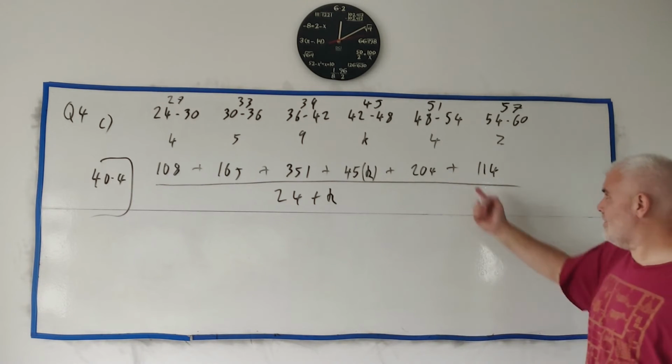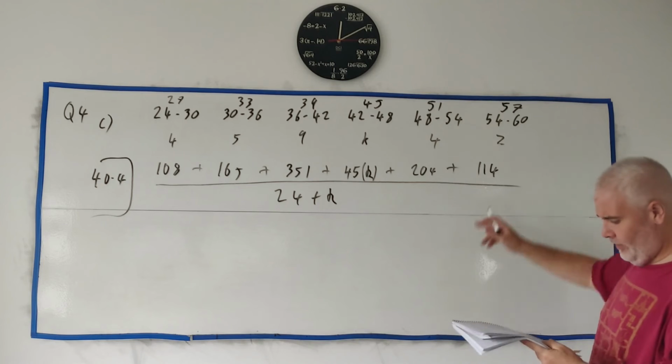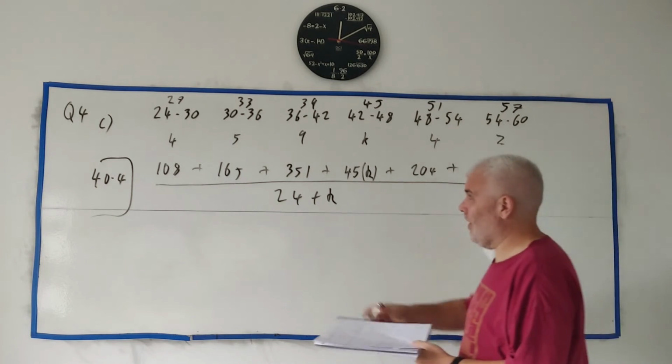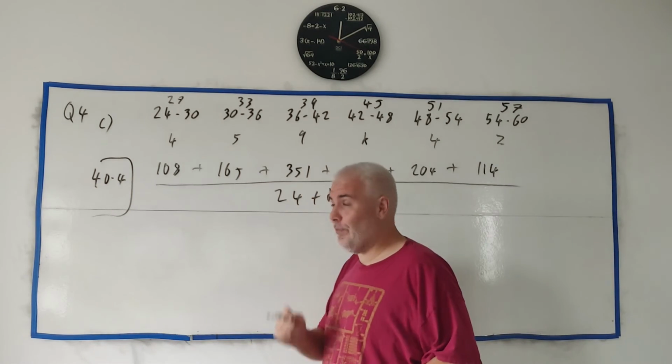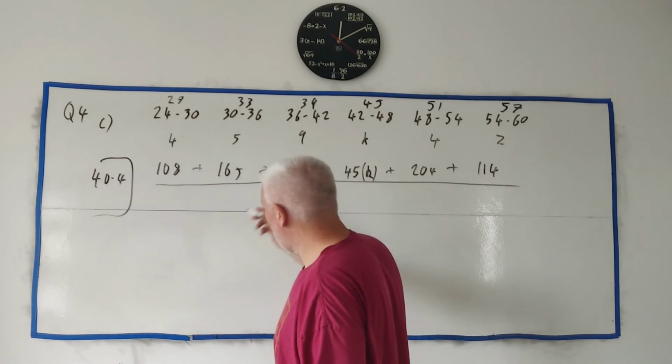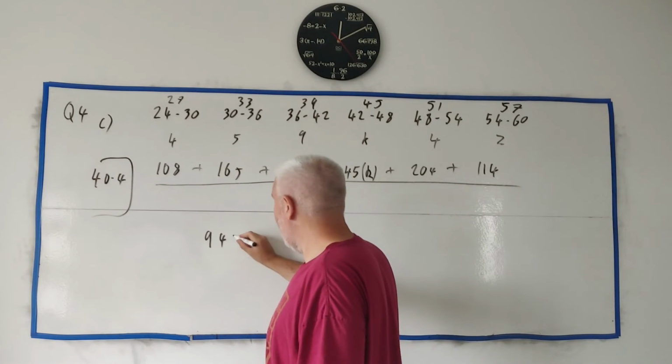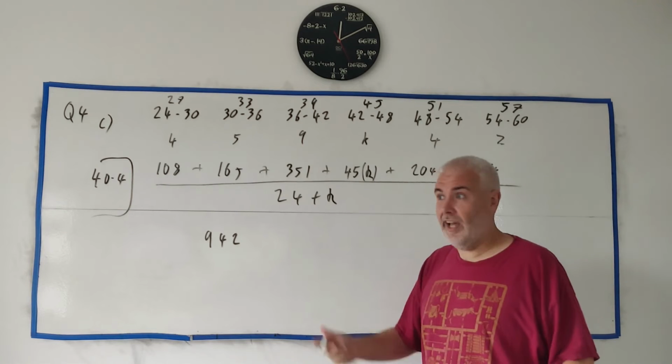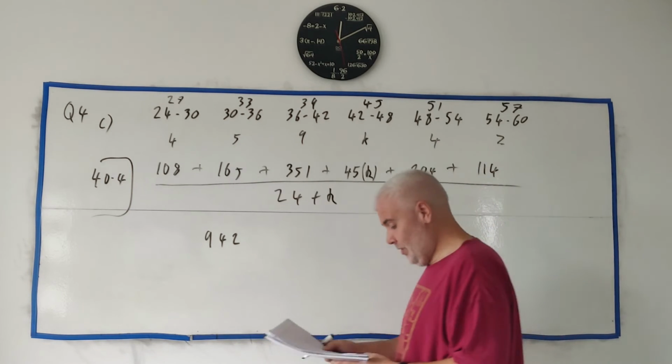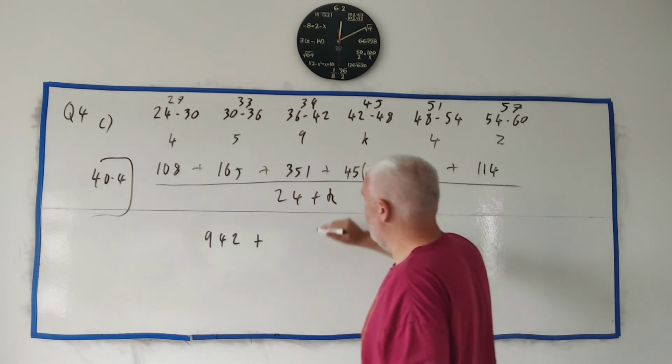So we're left with a bit of maths. Let's clean up this whole top row here. We'll add all this together. Just throw it in your calculator. Just be careful, be slow doing it, do it twice and things like that. I get 942, and I could have made a mistake, so you double check me. I get 942 on the top plus this